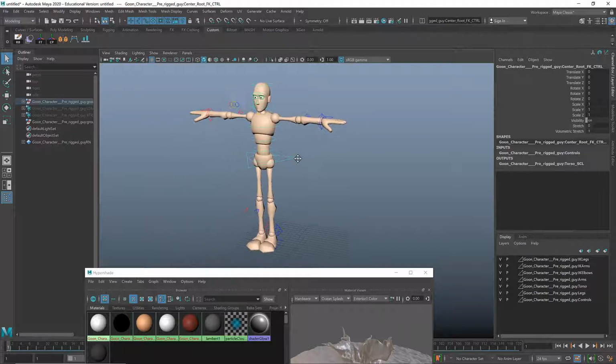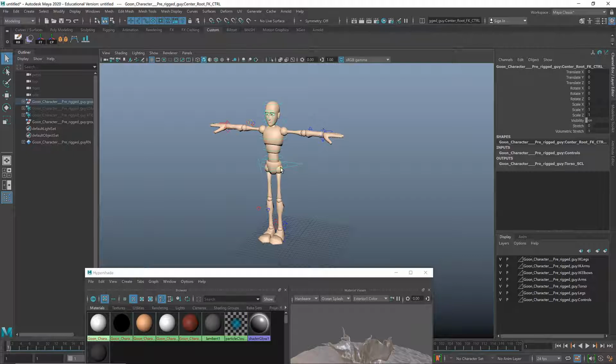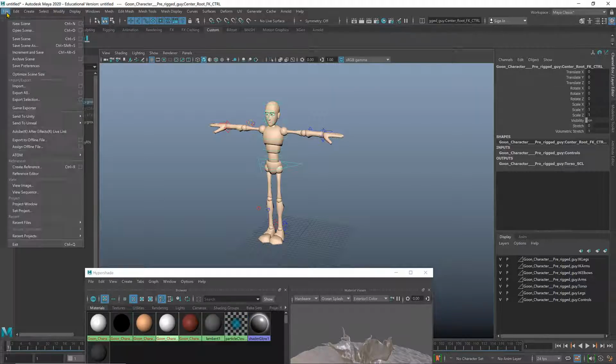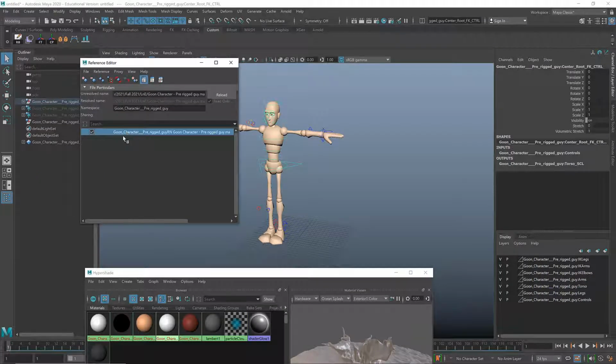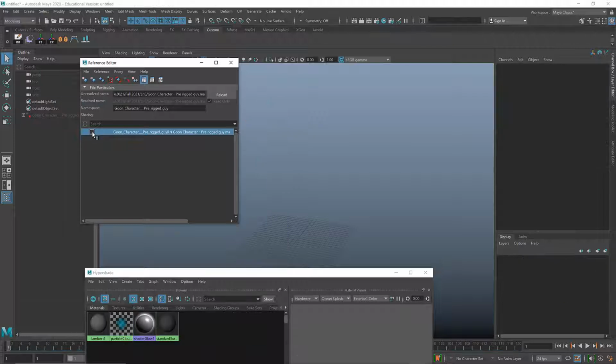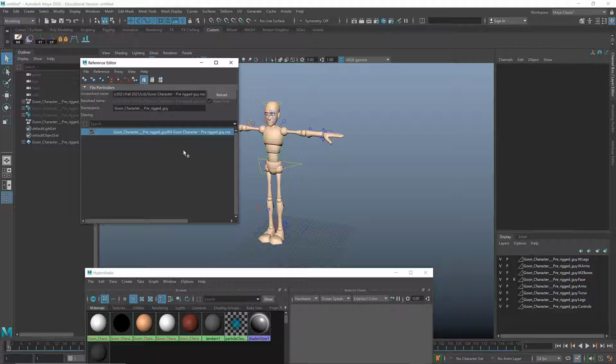So to begin with, how do we import this completely so it would no longer be connected to the reference and we can then modify it? You would go into File and then Reference Editor. This is the character that we have. You can just uncheck and then check again. So in a way that's going to refresh it. And then right mouse button, reference, and then here you can have a duplication of that reference, or you can just go to file and then